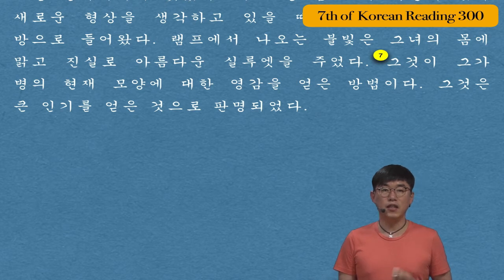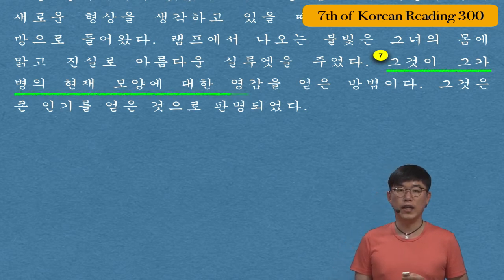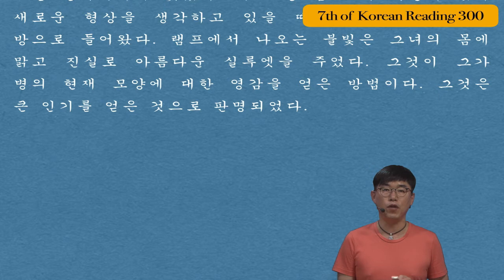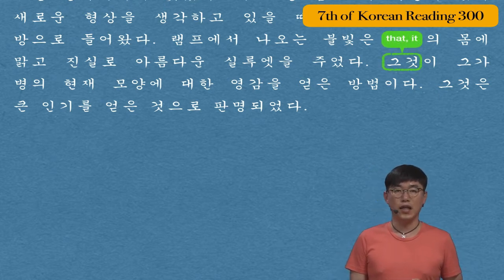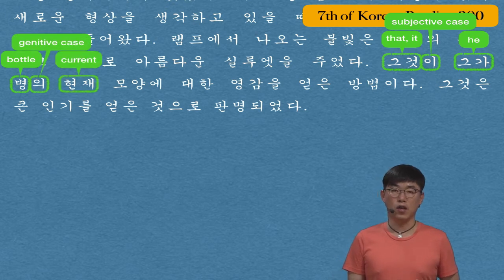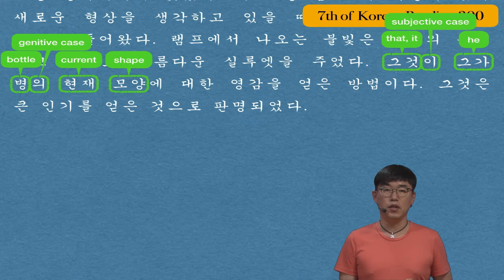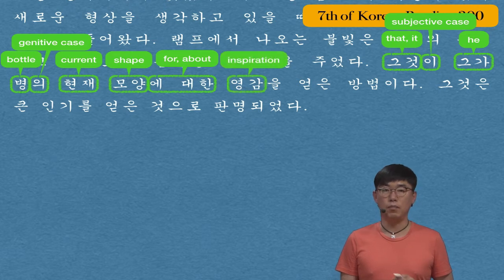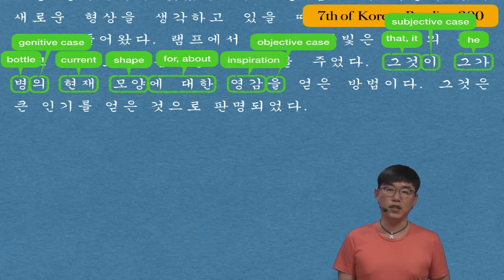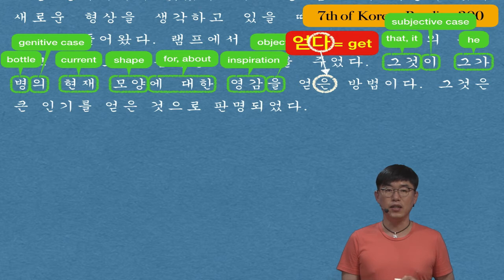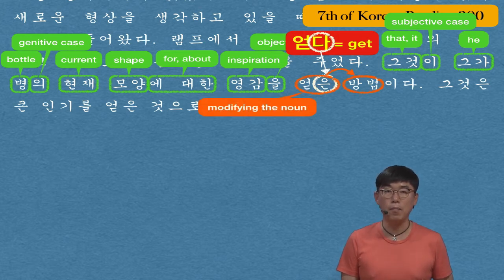The seventh sentence is 그것이 그가 병의 현재 모양에 대한 영감을 얻은 방법이다. That is how he got the inspiration from the current shape of the bottle. 그것 is a that or it, and 이 is the subjective case, and 그가 is a he, and 병 is a bottle, and 의 is a genitive case, 현재 is a current or present, and 모양 is a shape. So 현재 모양 is the current shape, right? And 에 대한 is a for or about, and 영감 is inspiration, and 얻은 came from 얻다, which means to get. But the letter 다 is replaced with 은 in order to modify the noun behind it, 방법, which means the